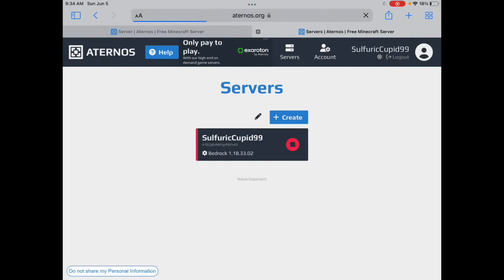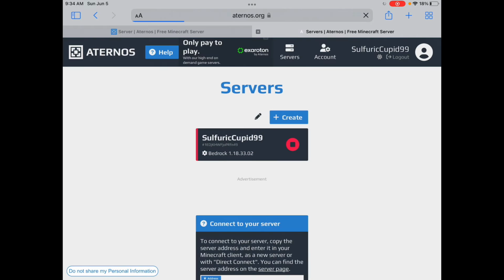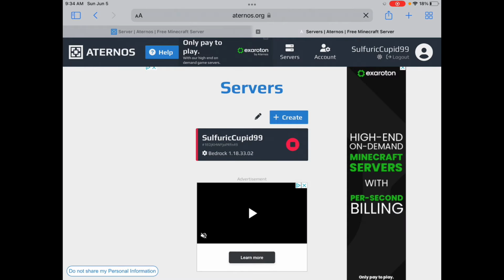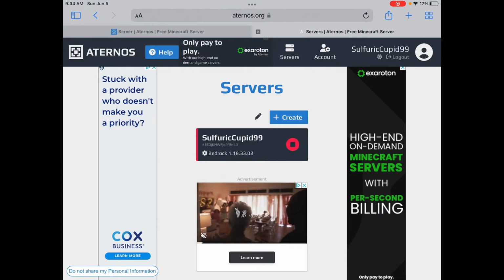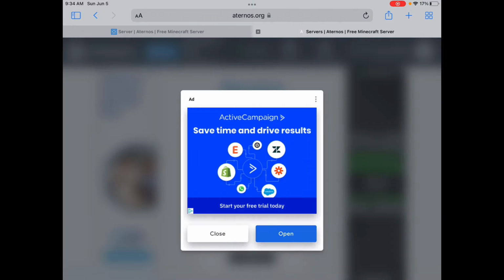But when you press play, it's going to tell you to sign up. So you have to sign up. Once you're done signing up, you can press this create button. And after you press that create button,